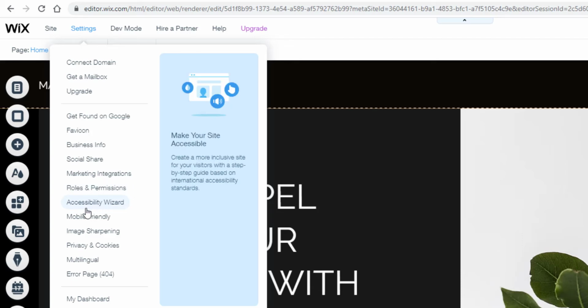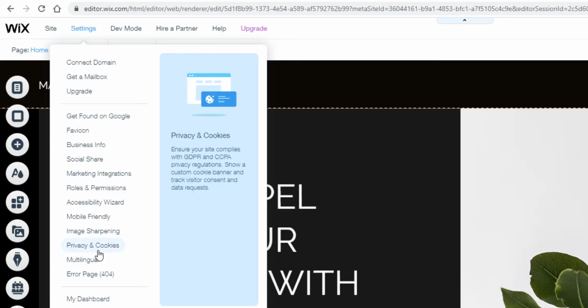The Accessibility Wizard option is also here, and the Mobile Friendly option is there. You can automatically optimize your website just by using this option, and I will also show you how you can do it manually in my upcoming videos, so no need to worry. If you want to sharpen your image, you can do it from here.